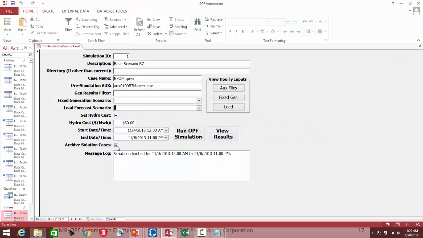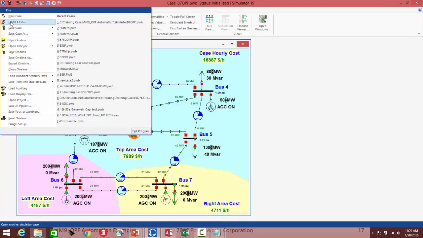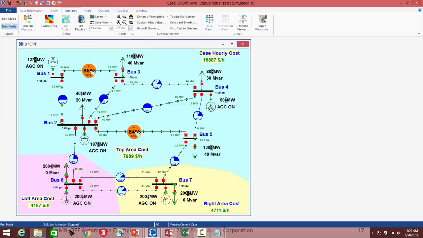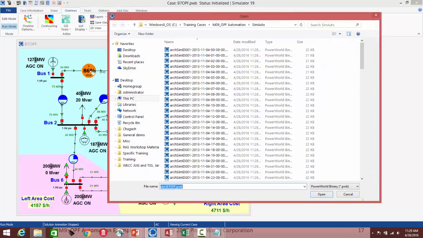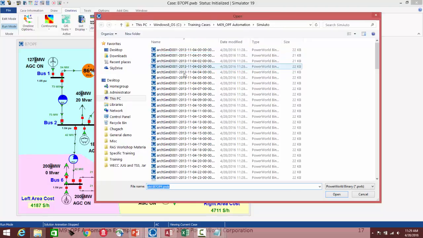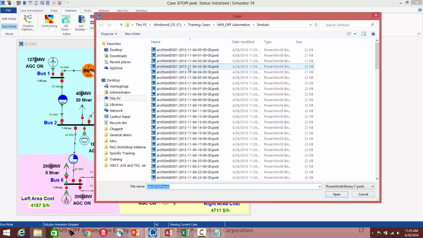And there's a button here for archive solution cases. If you check that, then it creates a case and saves a PWB file. That's what all these files are right here. The file name is coded with the time and the corresponding time point that it solved. So if I want to grab this one here at like 2 p.m.,